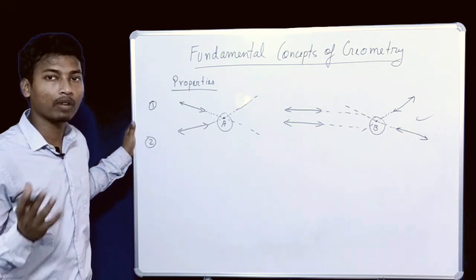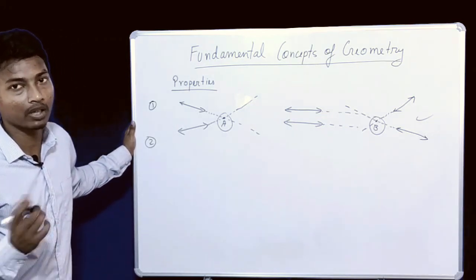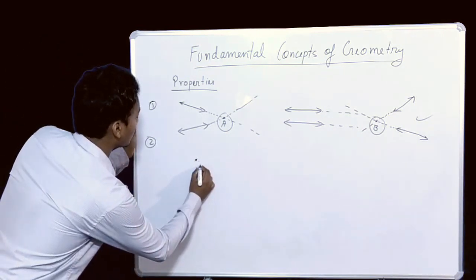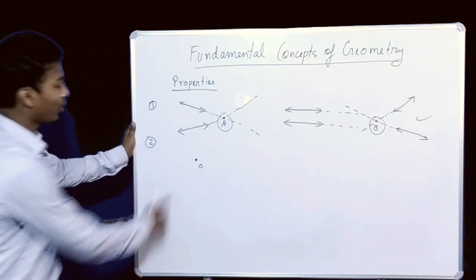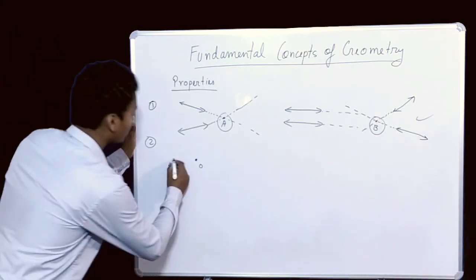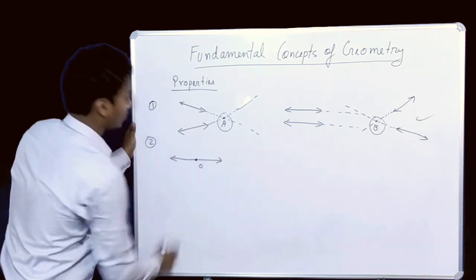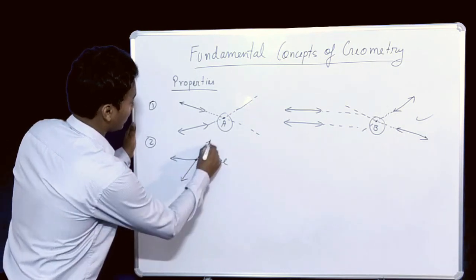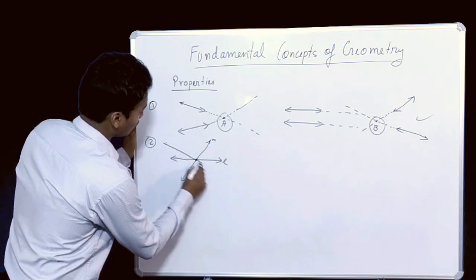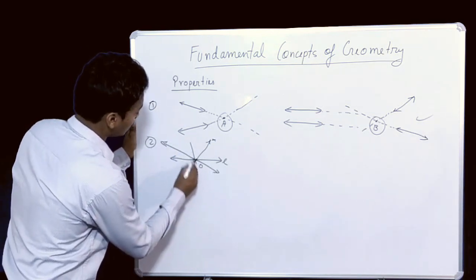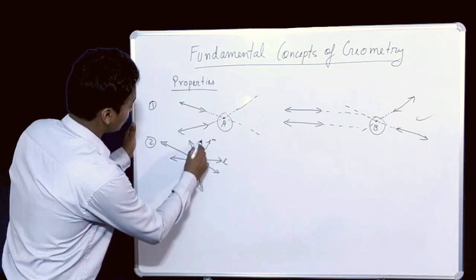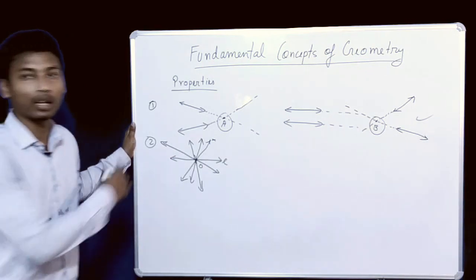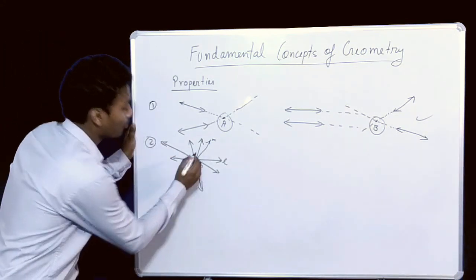there can be an infinite number of lines that can be drawn from a given point. Let's take this point O. Now from this point we can draw an infinite number of lines. So let's say this is line L, then we can draw another line M, we can draw another line here, we can draw another line here. Okay, so you see, we can draw an infinite or unlimited number of lines from a given point.